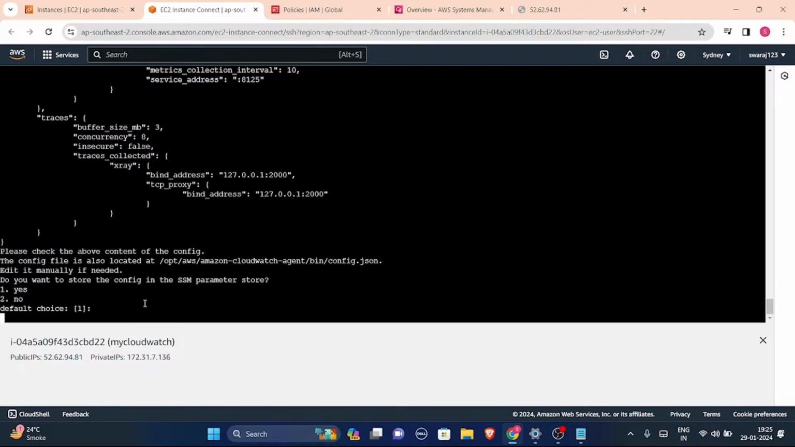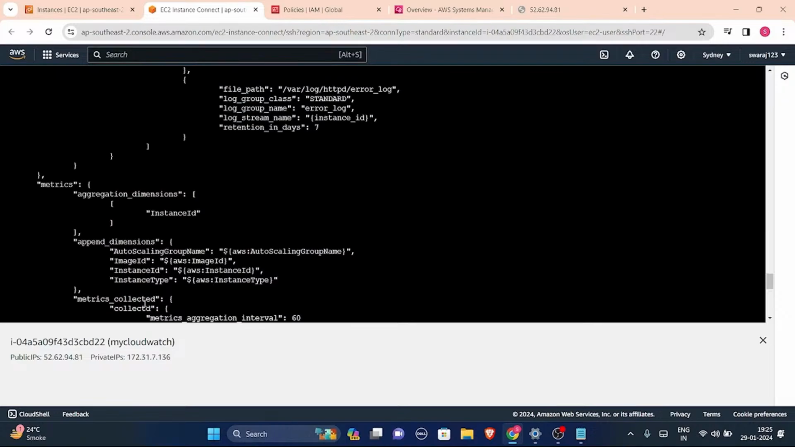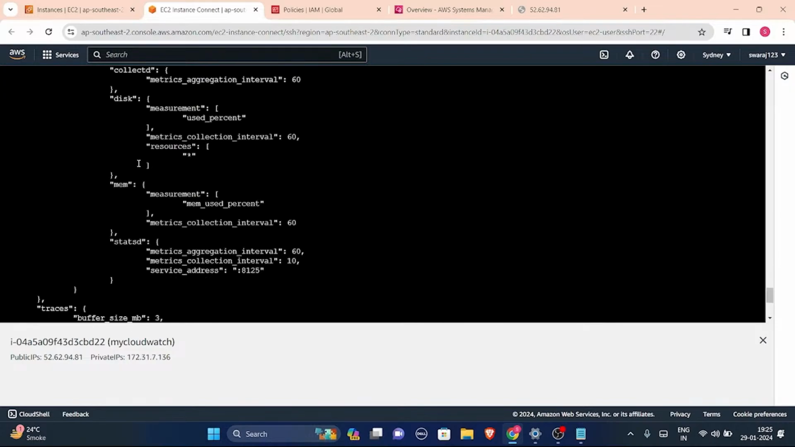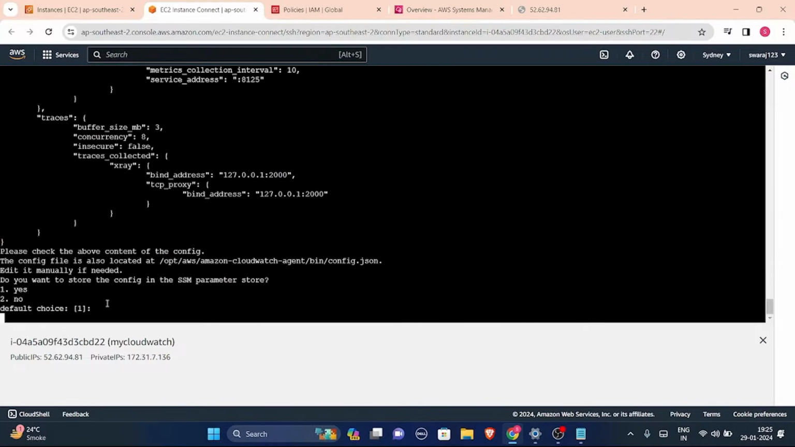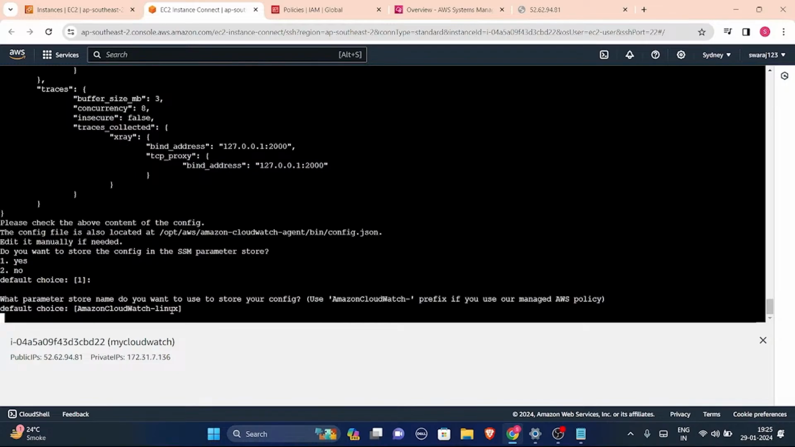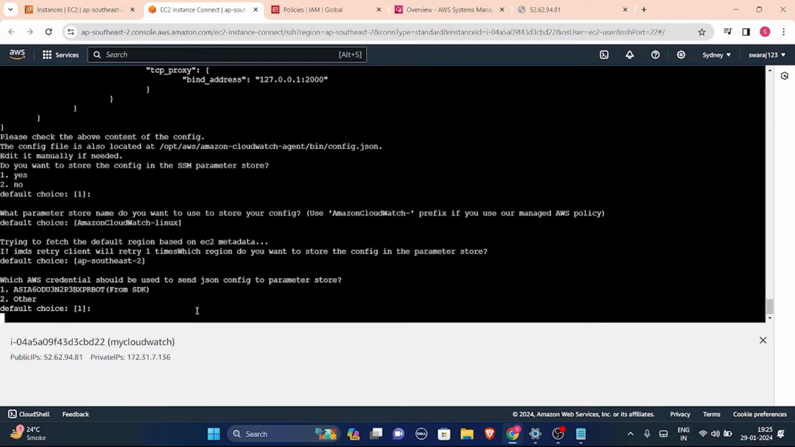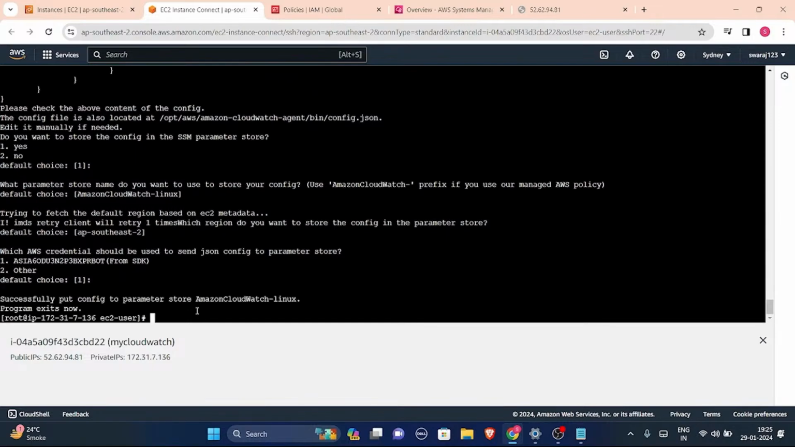Do you want to store the configuration in SSM Parameter Store? Whatever choices you have made, this is your JSON file which is created. The current configuration of your choices is here as JSON. Now, do you want to store this configuration in SSM Parameter Store? Actually, I want to store it, so I'll choose 1. And what parameter store name? AmazonCloudWatch-linux is the perfect name for me, so I'll choose this. Which AWS credentials should be used to send the JSON? This one will be selected. That is okay. And my AmazonCloudWatch-linux has been created and successfully put on